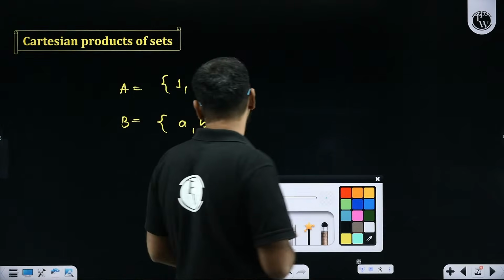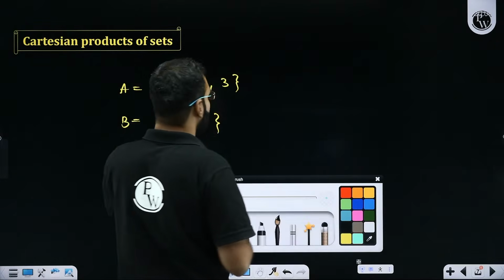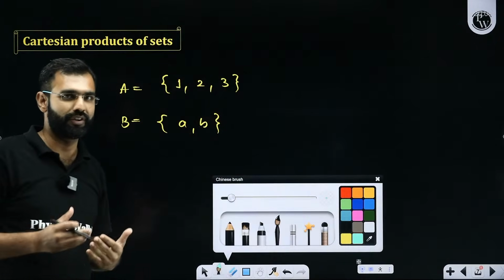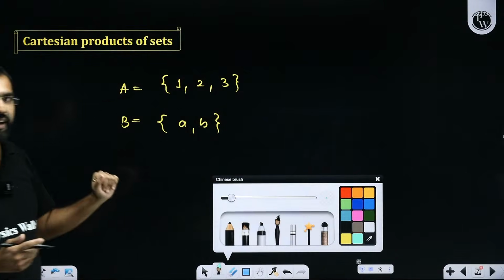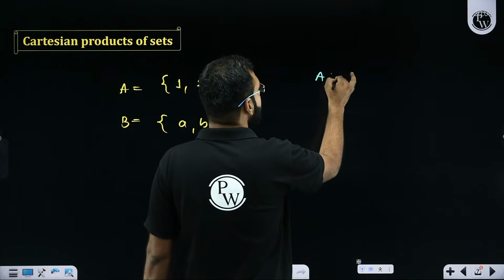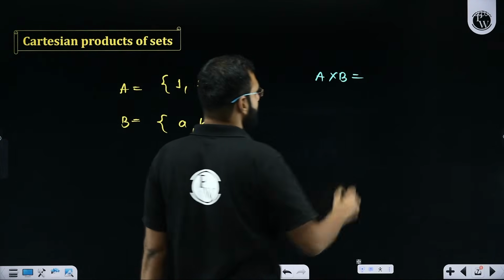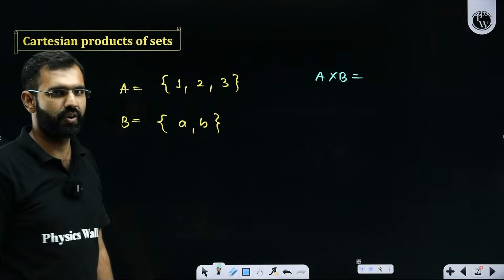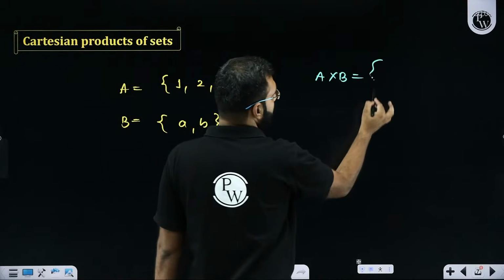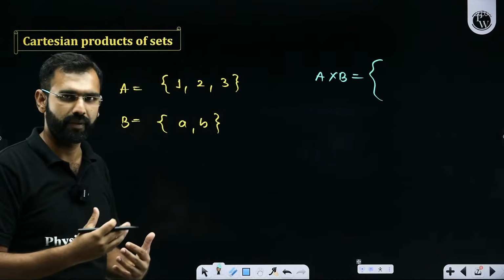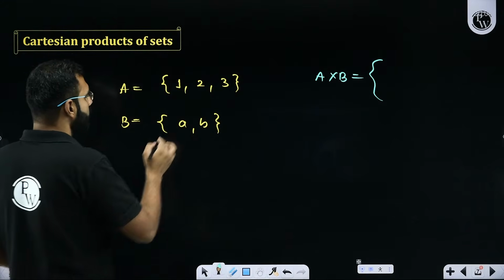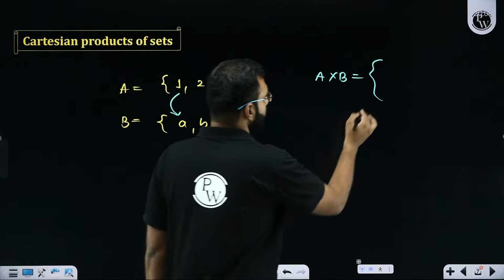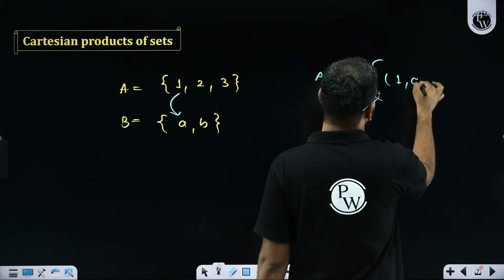So we come back to our discussion where we are talking about Cartesian product of two sets. Cartesian product of A and B would mean A cross B. This is how you write Cartesian product of A and B. Sir, what does it really mean? Cartesian product of A and B has ordered pairs. Sir, what kind of ordered pairs? Ordered pairs like (1, a). So the first ordered pair will be (1, a).